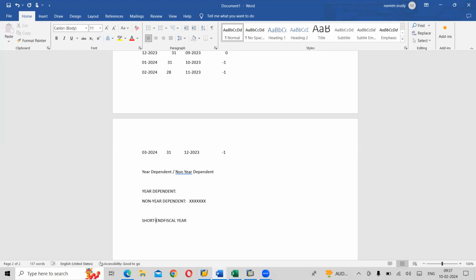Short end fiscal year. Write up. Short end fiscal year. Below, write down: if we define any fiscal year